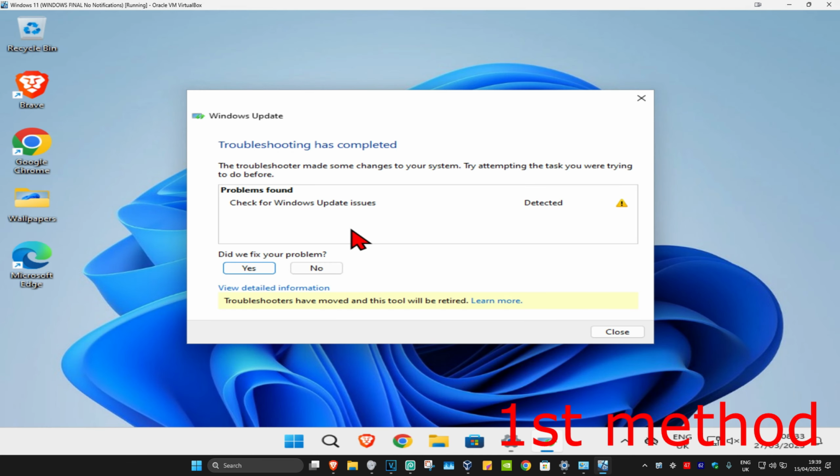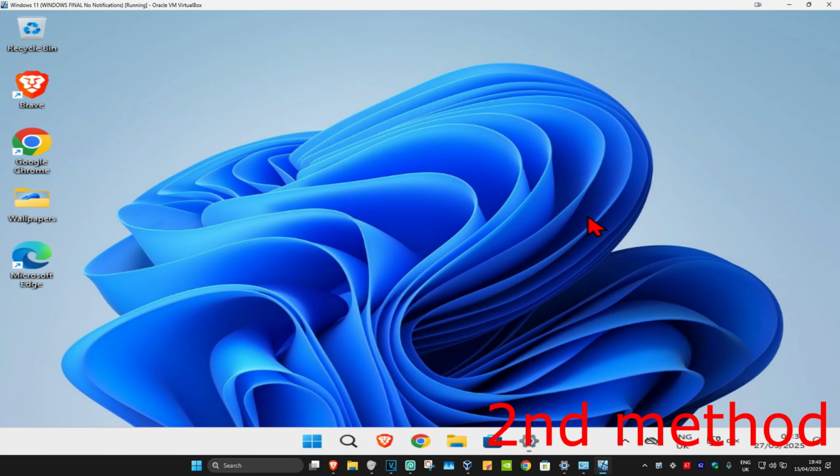Wait for this to load. And then once that's been done, if it detects anything, it will try to fix it for you. See if that works. If that's still not working, then for the second method, you're going to head over to